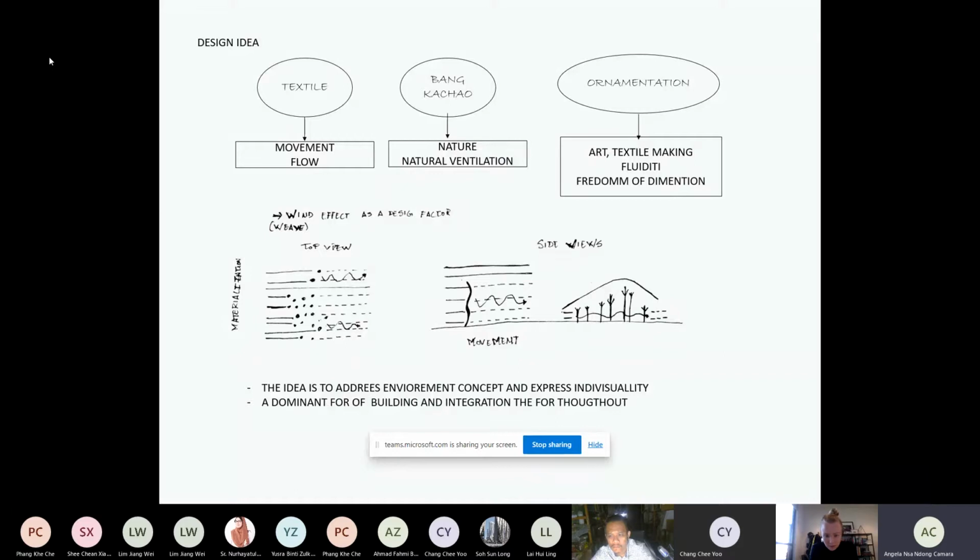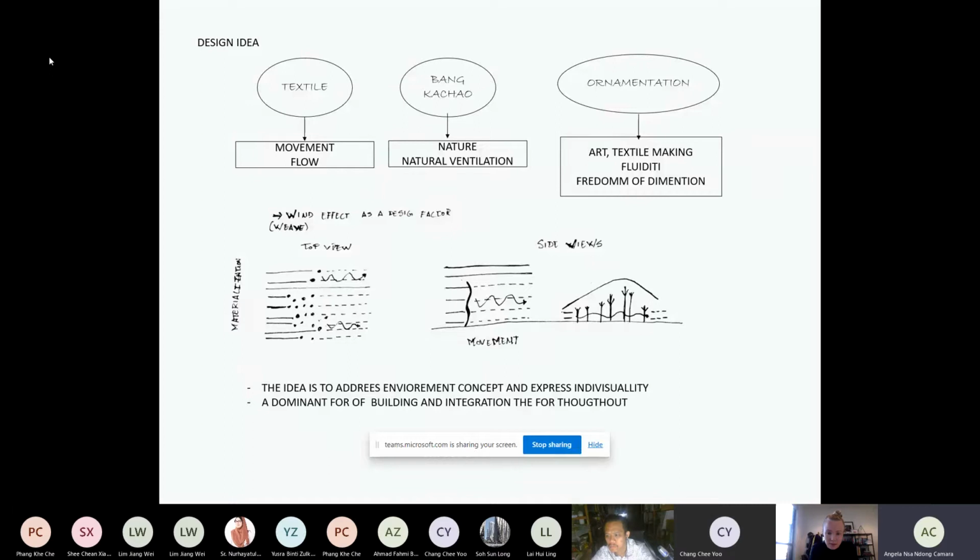When it comes to Bangkachao, the major factor is the natural vegetation. It's a really green area. And when it comes to ornamentation, we have textile making fluidity and freedom of dimension, which is reflected in my new grammar of ornamentation.